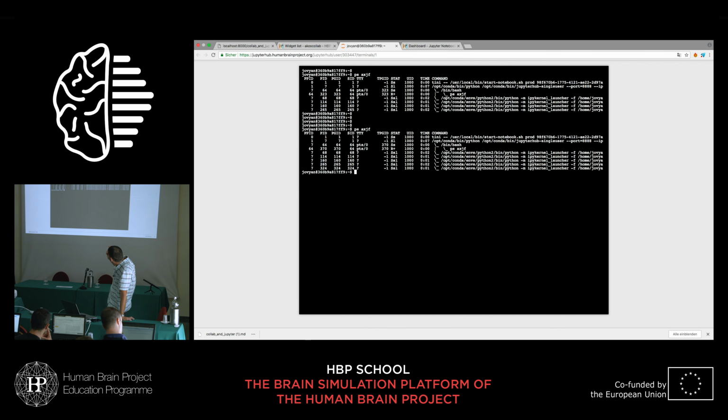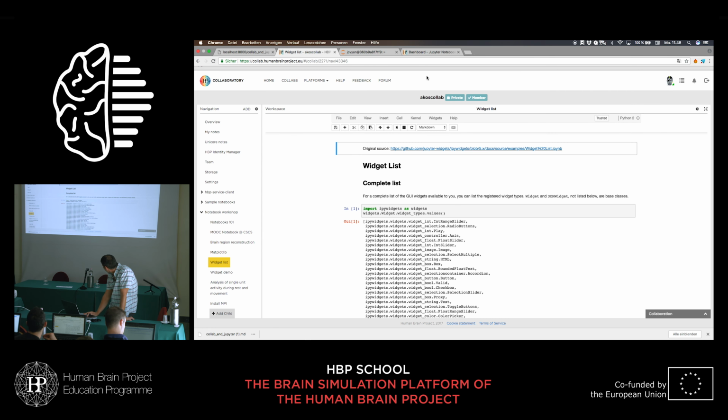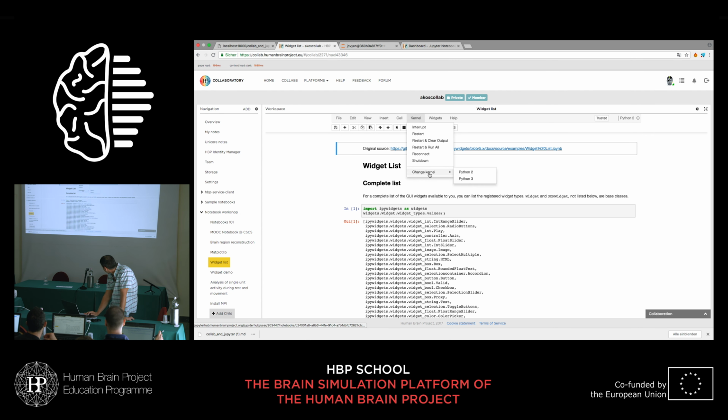Yes, so previously there was 4 and now there is 5. And you can see that these kernels are actually using a Python 2 interpreter because this is a Python 2 kernel. But if I go back to this one and switch the kernel from Python 2 to Python 3